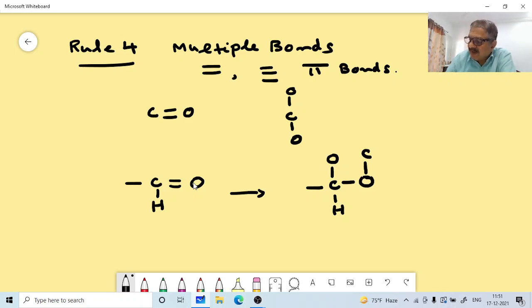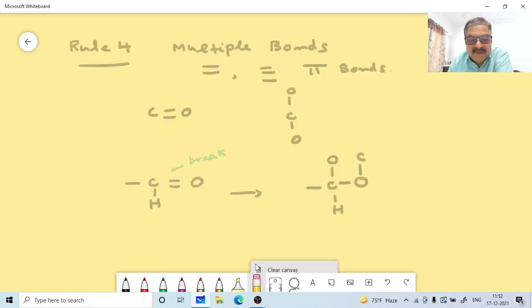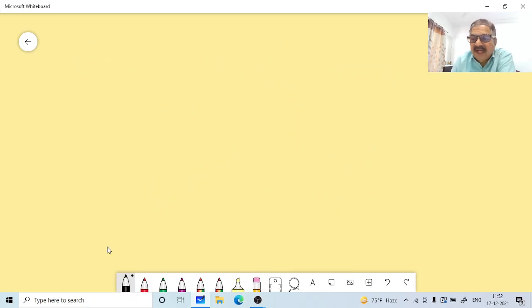Now I will give you some more examples so that you will be able to understand it. Now, you see the pi bond between the carbon and oxygen. This is the pi bond here. This is to be broken. You have to break this bond here. This pi bond is to be broken. Then the other oxygen atoms, two oxygen atoms we are adding here, and one oxygen and carbon, they are all imaginary atoms. New atoms we are just adding here. They are not there actually, but to assign priority, we are just adding those atoms.